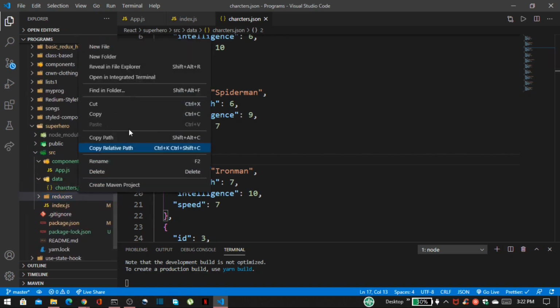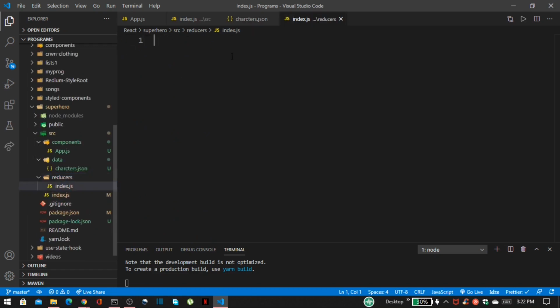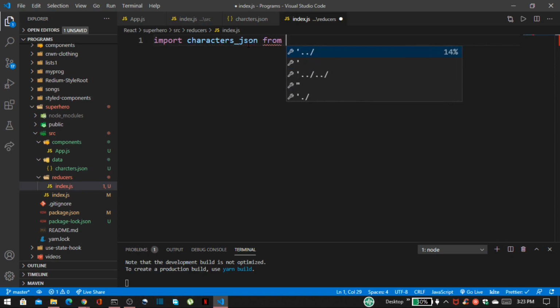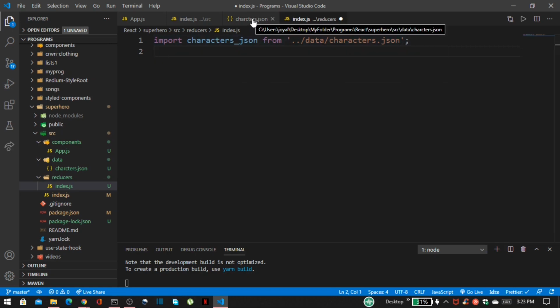Inside that, I want to create a new file called index.js, and here first of all import this characters.json file from, remember the characters.json, and this file name is the same, and here you can use whatever name.